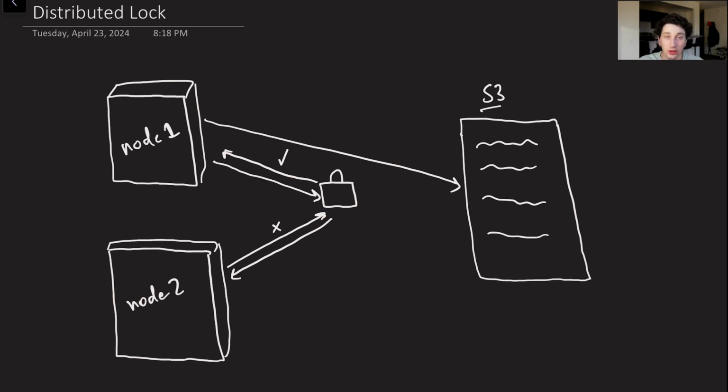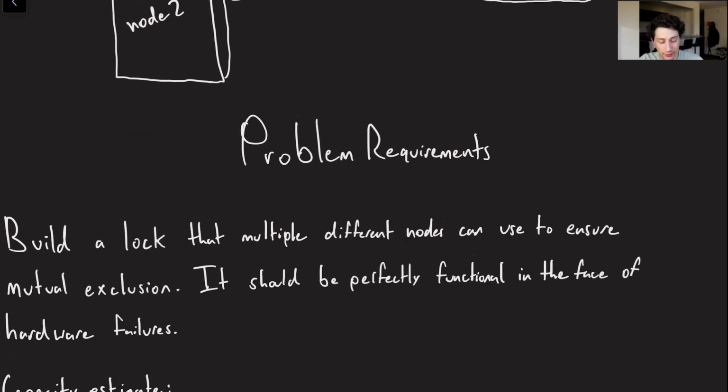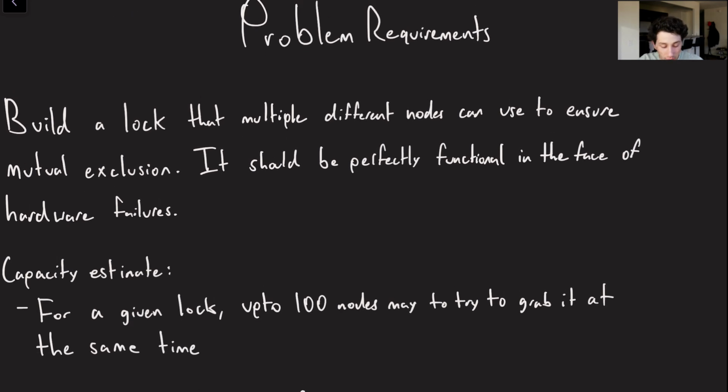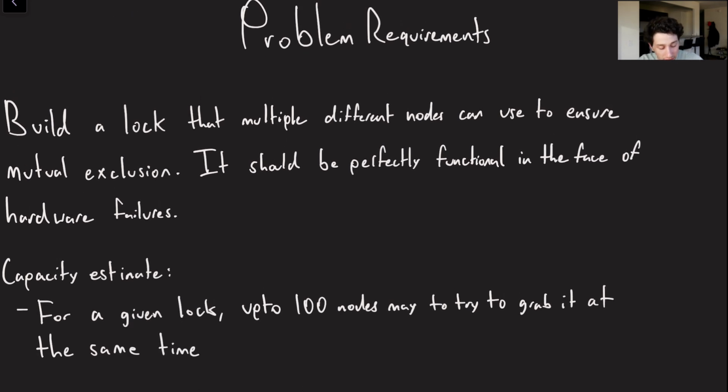We want to make sure that we have mutual exclusivity, and so what we do is we make this other service, which is a lock, such that only one node can grab it at a time, the other one is rejected, and then the other one is eventually going to have to come back when that lock is released. Let's go ahead and formalize that. So basically we want to build some lock that multiple different nodes, so literally different physical computers, can use to